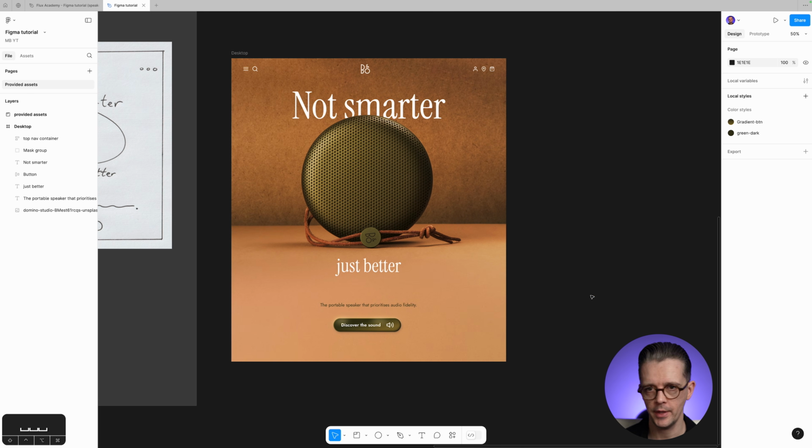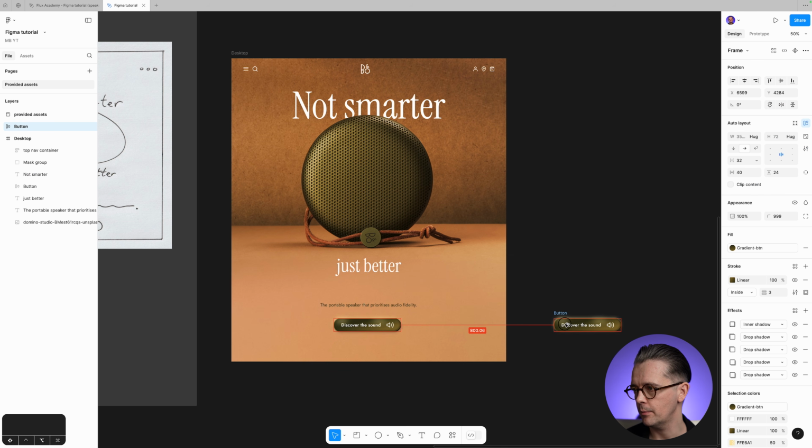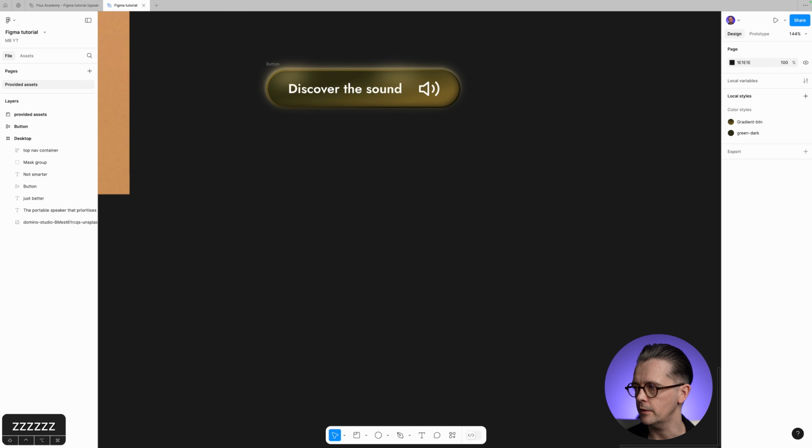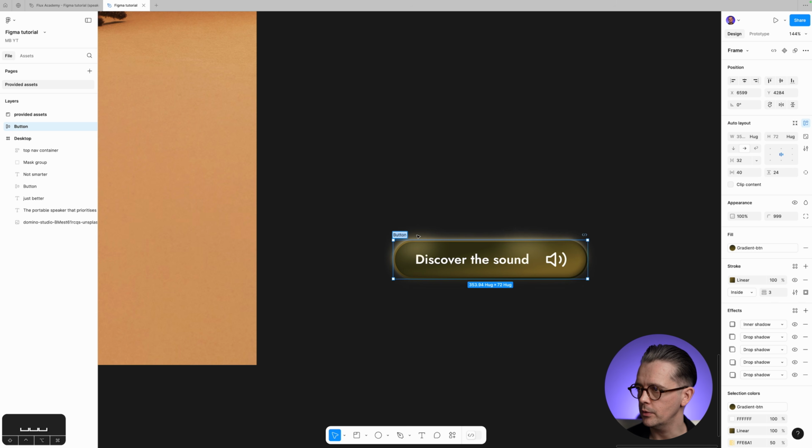So 2 more things. Prototype this button, but let's do the mobile layout. So the button here, I'm going to select it on my canvas and I'm going to make a copy of this. So hold down Option whilst you click and drag. I'm going to hold Shift as well. I'm just going to bring this out onto the canvas area here. And we zoom in to this guy. And I'm going to rename this